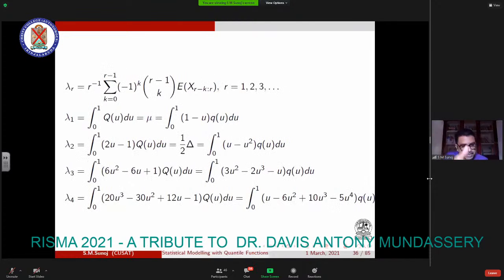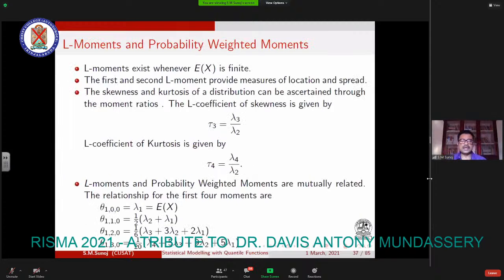So these are the expressions for the L moments. This gives you the rth L moment and the respective first four L moments, which are denoted by lambda 1, lambda 2, lambda 3, and lambda 4. The condition for the existence of the L moments is simple, because it is less restrictive in the sense that you need to have only one condition, which is that the expectation of X is finite. So even with the existence of the first moment, the L moment will exist. All the L moments exist. So that is the advantage over the